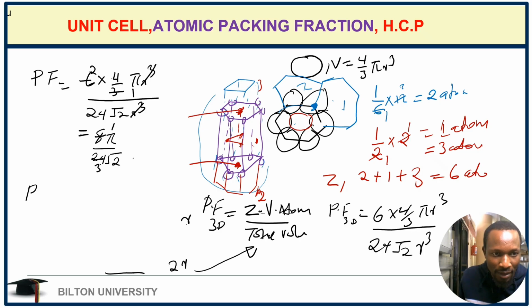That leaves our packing fraction in 3D to be equal to pi over 3 root 2. So this is the packing fraction of our 3D, which is pi divided by 3 root 2, and this will give you approximately